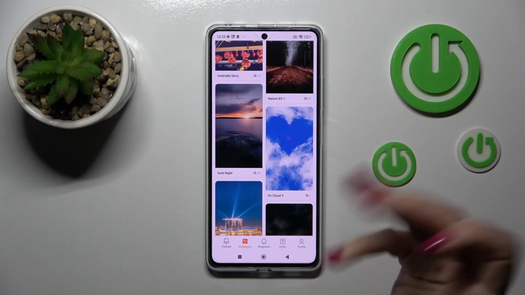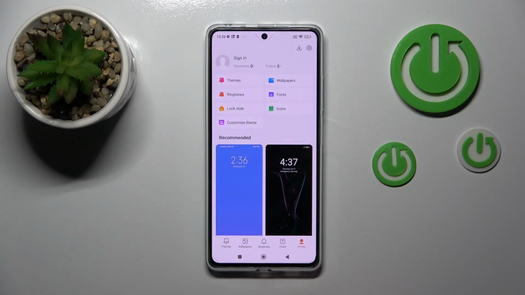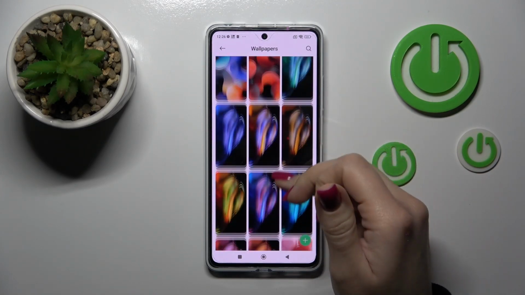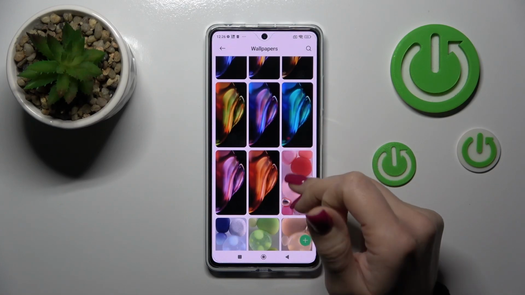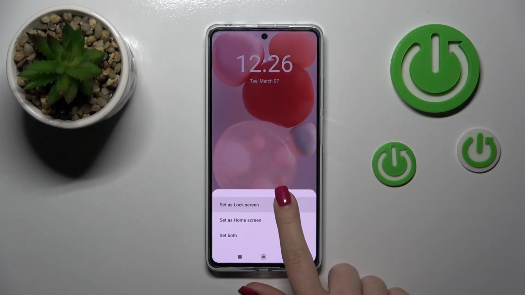Or if you want to use the default wallpapers from your device or ones taken on your camera app, you should switch wallpapers to the profile section, then click on wallpapers, and here we'll see our default wallpapers. For example, let's use one of these pictures. Tap apply, click set as lock screen,